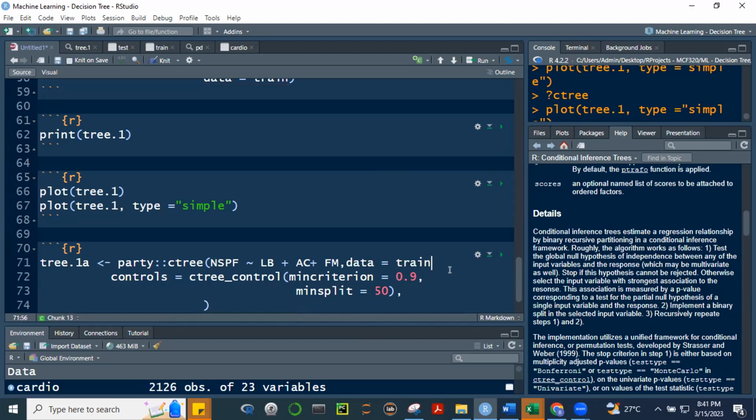I'll put the data here in front. Comma. Yan. Okay. All right. So kindly check, class. Ito yung model natin. Same model that we used a while ago. And then yung data natin is train. And then yung controls natin, controls is equal to C3 underscore control.